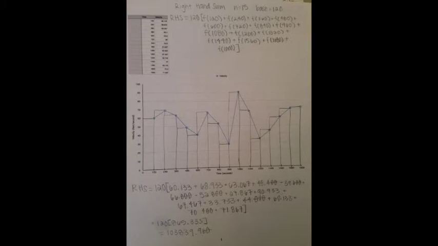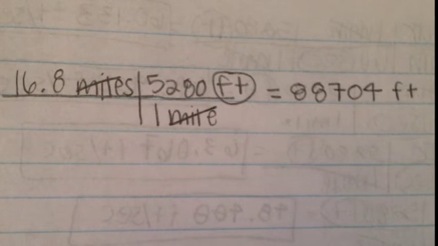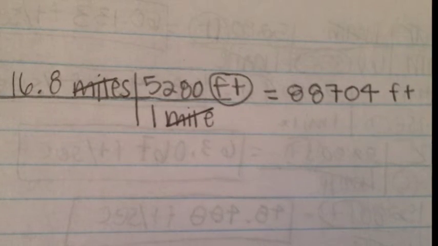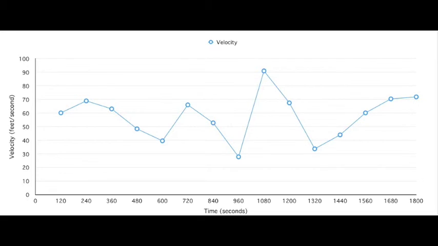Using these sums, I was able to find the areas under the curve, which are significant of the distance which I traveled completing this experiment. I drove 16.8 miles. Converting this to feet, I get 88,704 feet. Comparing the three values that I found, while they are all significant of the distance which I traveled, they do